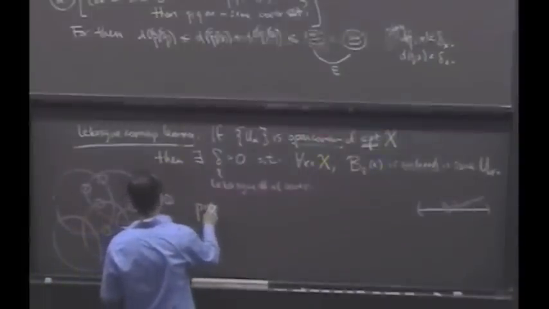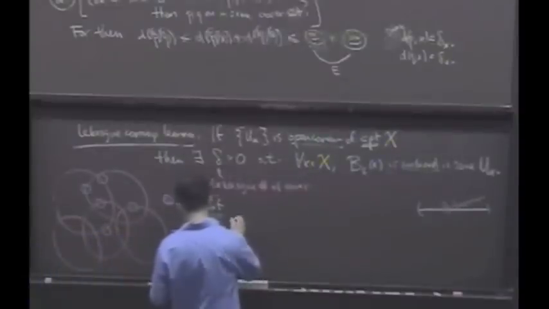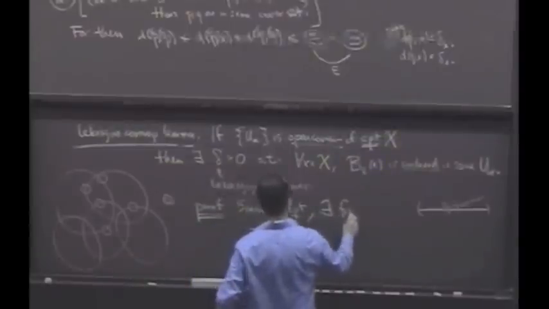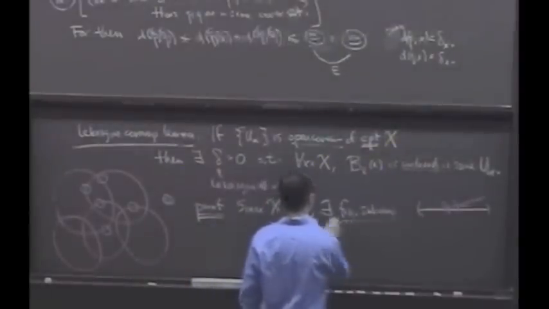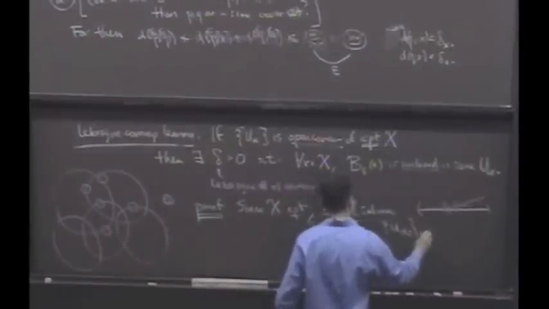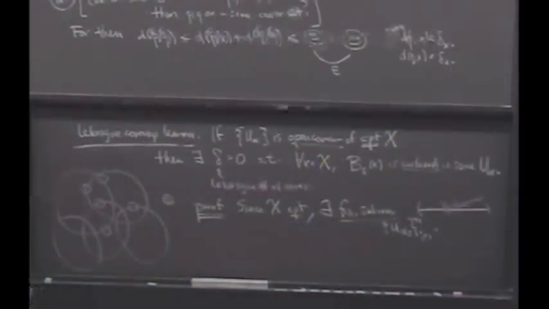Okay, well, how might we start off this proof? Give me some ideas here. The space is compact. I have an open cover. How about take a finite subcover? Okay, well, how's that going to help me? Since X is compact, there exists a finite subcover. Let's call it U sub alpha sub i, where i goes from 1 to n. So then what? Now I can remove all but finitely many of these balls.